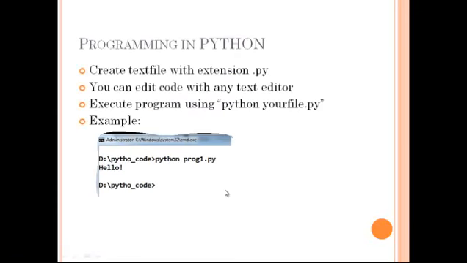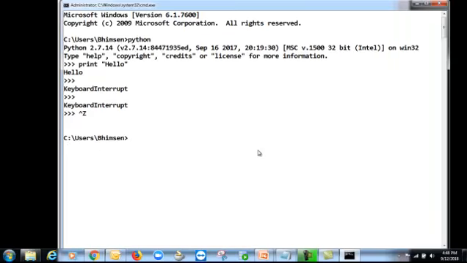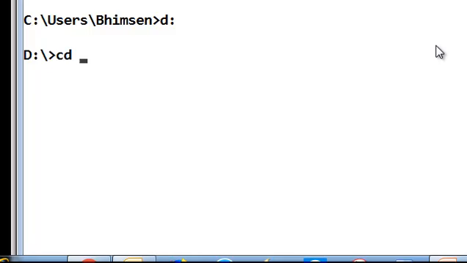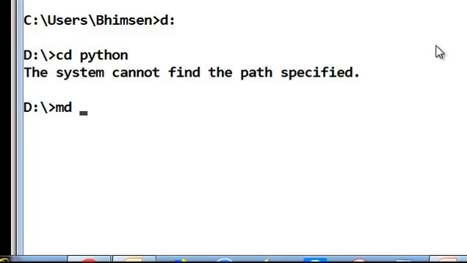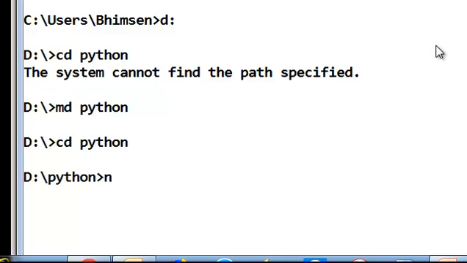Even you can create your own file. You can create a text file with extension .py, edit the code with a text editor, and run the program as it is. Let us view here. I would like to go to the drive, and say I'm having Python as a folder. I will be creating it here, Python as a folder, and I will open my folder